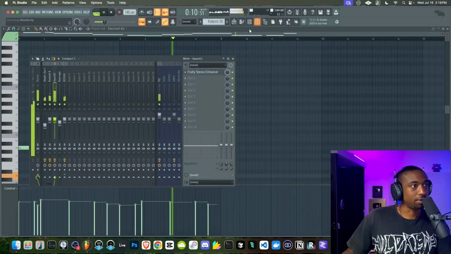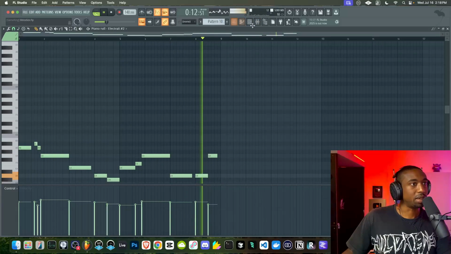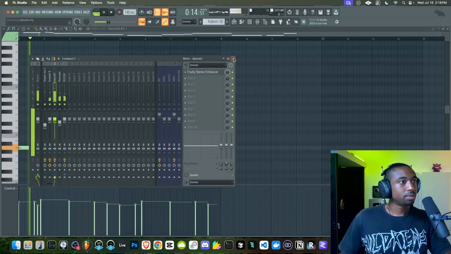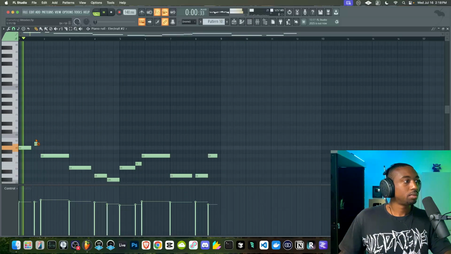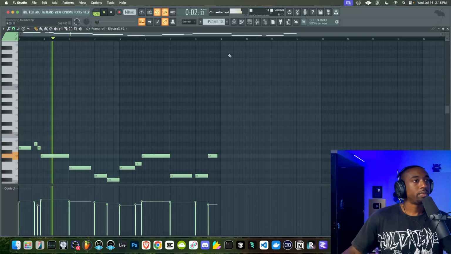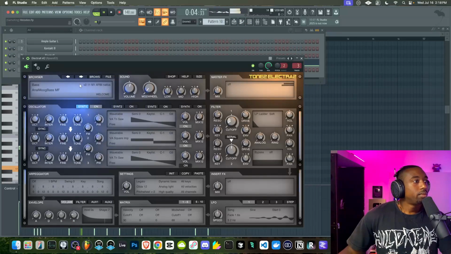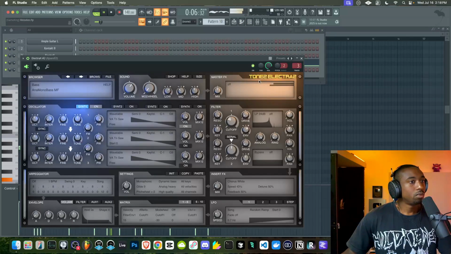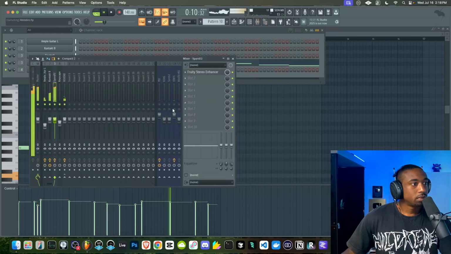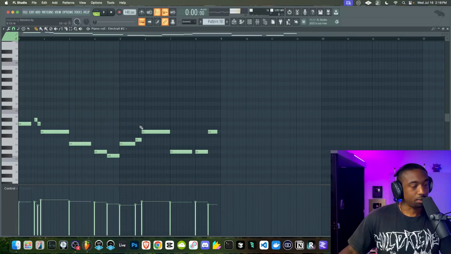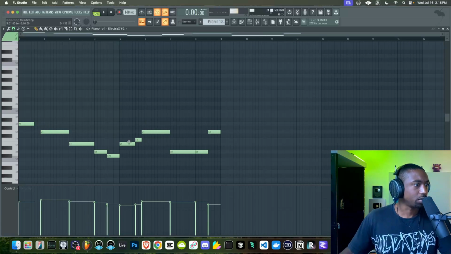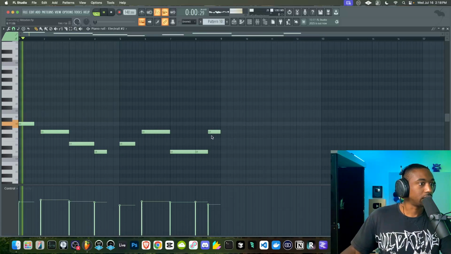Let's find a bass that fits this vibe. This is a little too aggressive of a bass. And this bass, again, it wants to be kind of like the other bass, how this wants to be more spread out. So let's just cut out all these in-between notes. Maybe we just don't need these in-between notes.